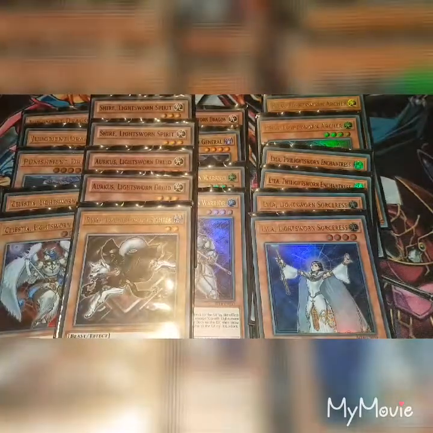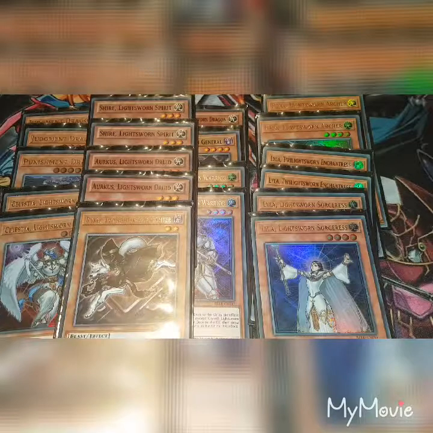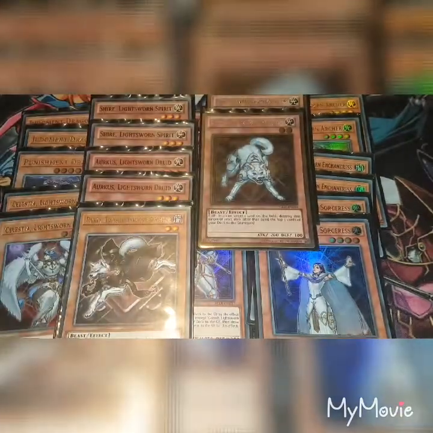I run 1 copy of Ryko, Twilightsworn Fighter. If the card is normal summoned or flipped face up, you can banish 1 Lightsworn monster from your hand or graveyard. Banish 1 card on the field. Once per turn, if another Lightsworn monster's effect is activated, send the top 3 cards of the deck to the graveyard. There's 2 copies of Ryko